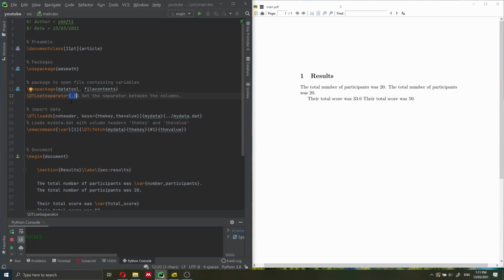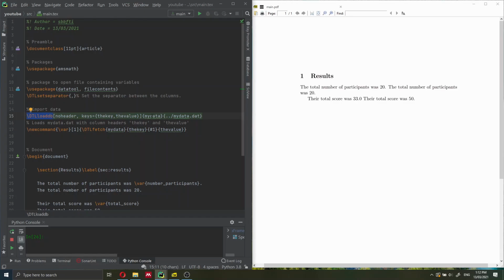And I think a comma is a good idea to separate the key and the value. Of course, you can change that. You can use a semicolon, exclamation mark, whatever you want. But I think a comma is nice practice. Then we need to open that database. That's why I had to add the extension .dat, because we have to open that. We say that there is no header because there is no header in our database. And the format of our file is key, comma, value.